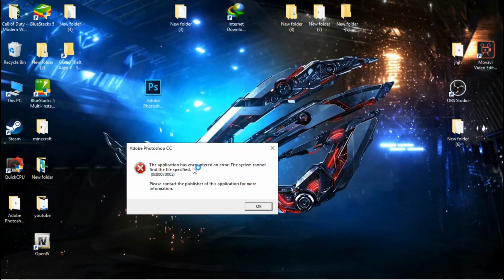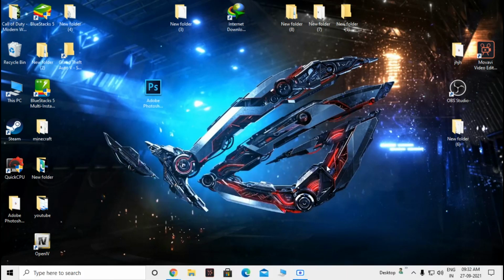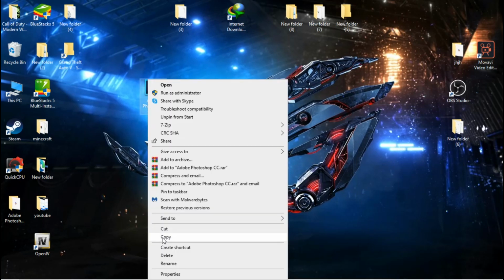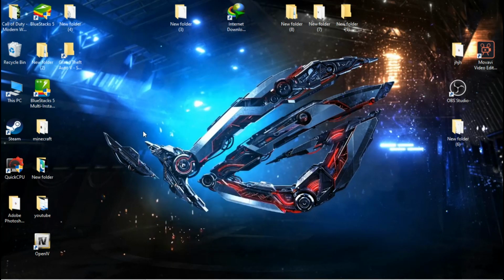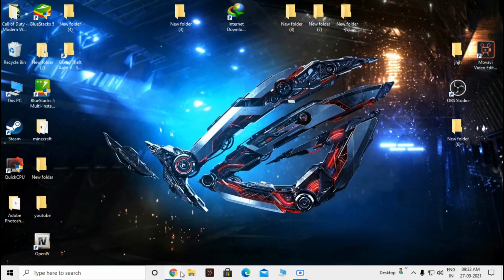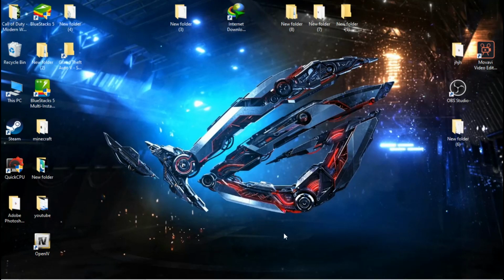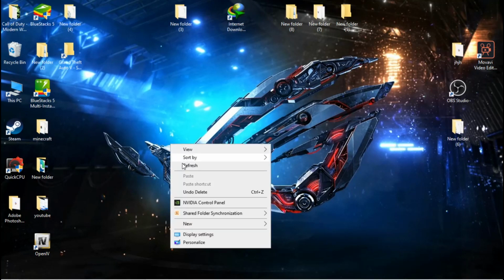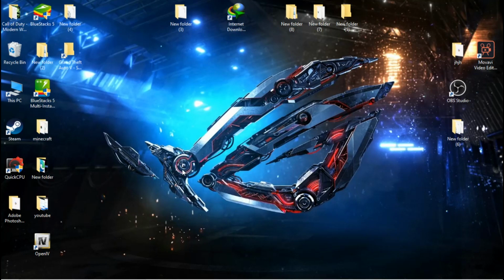And guys, if your program didn't open, then just reinstall Photoshop and it will definitely work. Just delete the Photoshop and reinstall your Photoshop. Okay, because the files have corrupted, means your files are removed or deleted, so you're gonna download Photoshop again easily from your Google Chrome. Just download, or if you don't know how to download,